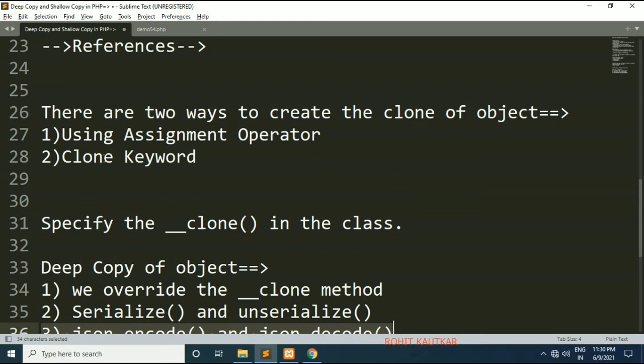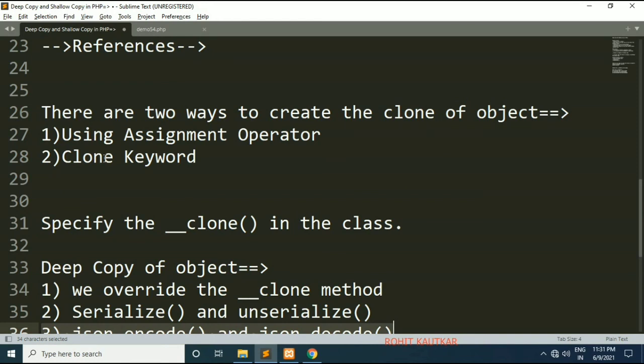Shallow copy is called a minimum copy, whereas deep copy is called a complete copy. While cloning the object with shallow copy, all the fields with primitive data types will be copied as primitive data types into the new object, whereas references from the old object will remain references within the new object. And in shallow copy, if you modify one object, it will also get reflected within the other object.